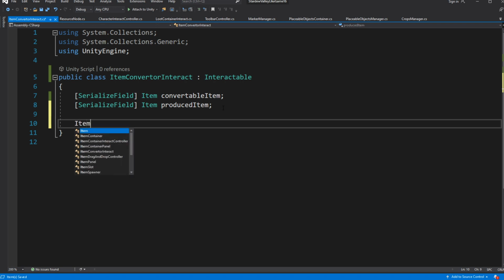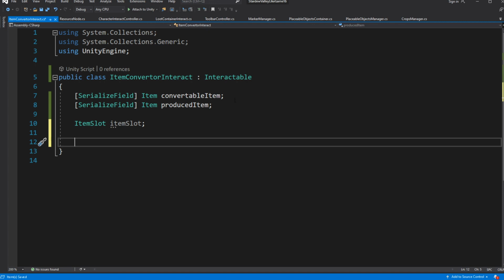And a private variable of type ItemSlot called storedItem. Serialized field of type float timeToProcess. And a private variable timer.